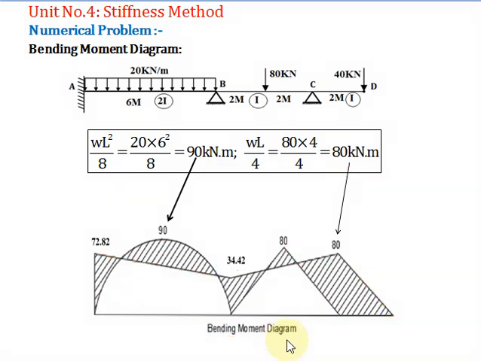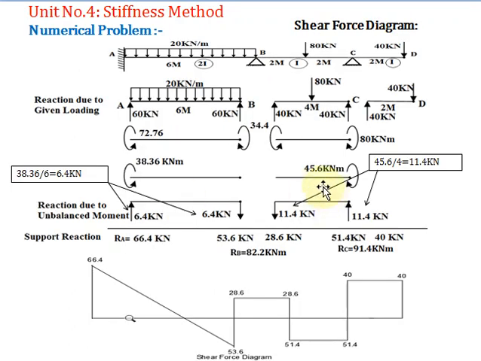Now after drawing the bending moment diagram, we'll find out the end reactions, or support reactions. Support reactions are due to two loadings: one due to the given loading, and second due to the unbalanced moment. For that we'll separate the structure into AB, BC and CD. Now in portion AB there is a UDL of 20 kilonewton per meter, so the value will be WL by 2, 20 into 6 divided by 2,